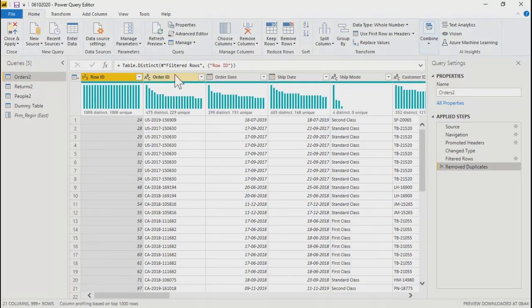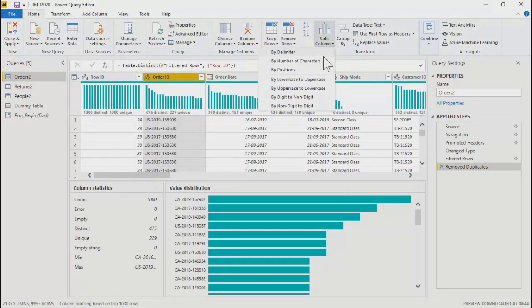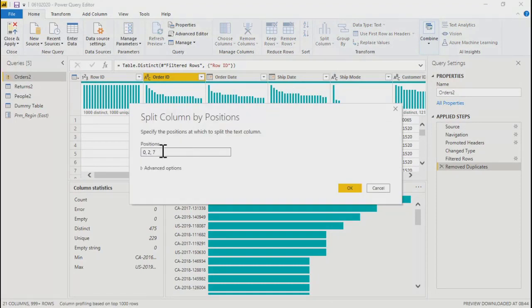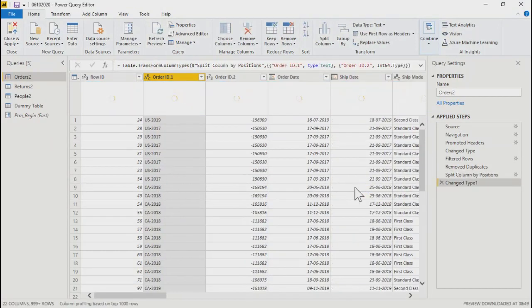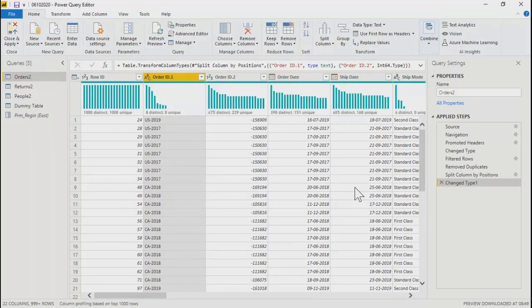I want to split this one, not the row ID, by position 0, comma 7. Okay, so you can see it. The country and year are coming in one format and the remaining values are in another column. So you can use it if required.